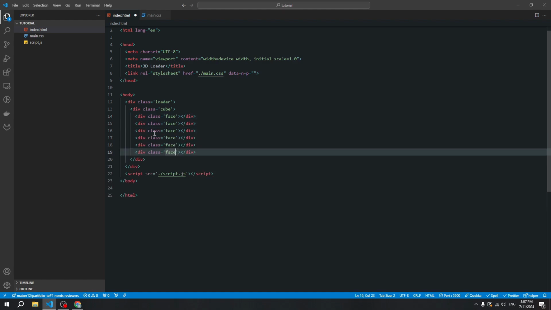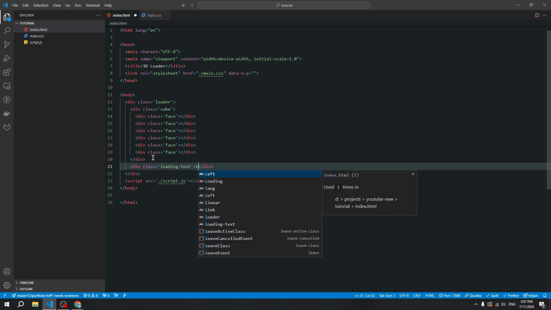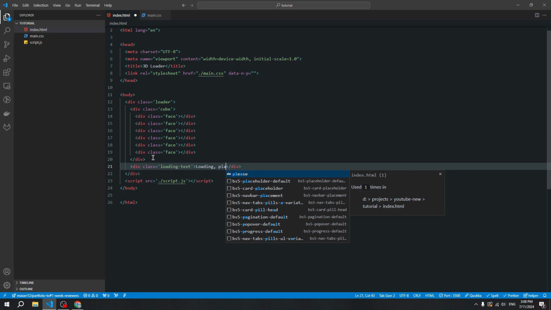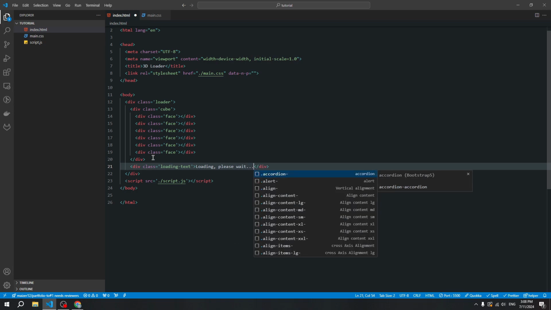Okay, and next let's create text for our loader. Create a new div and add a class. We can call this class loader text. Okay, and let's add something inside this element. We can write loading and please wait. Also add points. Okay, and now let's open the window. Like you see, here's our text, and now we don't see our cube because now we have only markup and